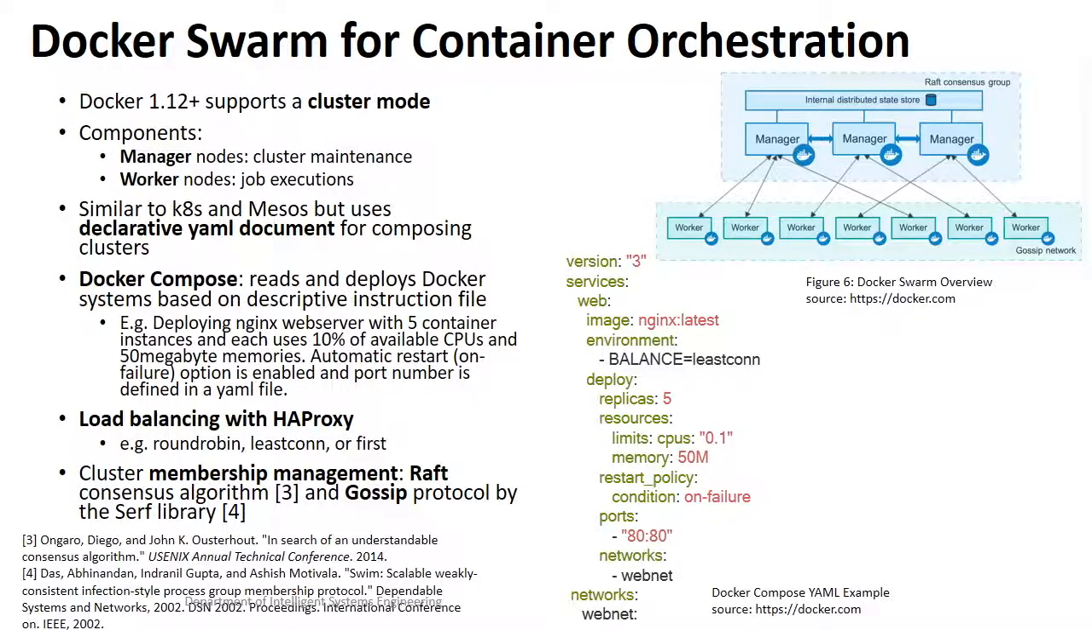Docker Swarm can be used for container orchestration, as you have seen previously. And in order to do this, there is a specification file that you can have, which I have put up here, which is Docker Compose as YAML example. And here we see, for example, we have the balance strategy as least connection being defined, and some deployment parameters are provided also in order to drive this particular